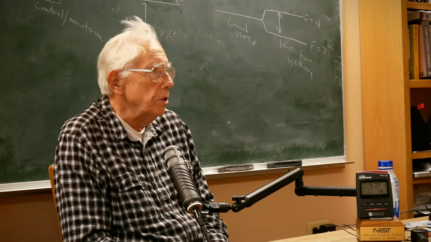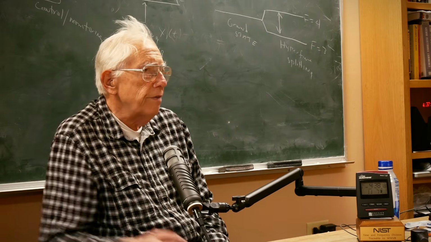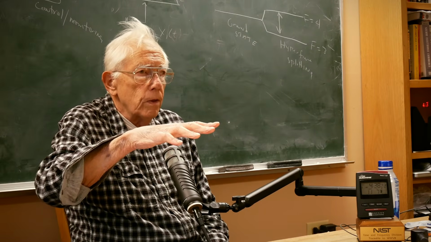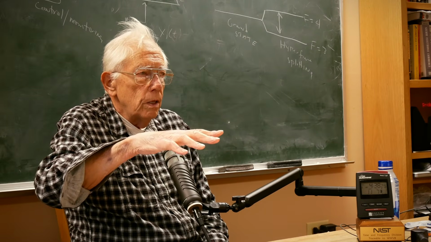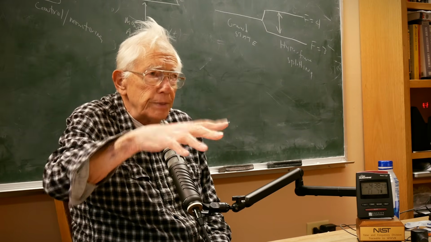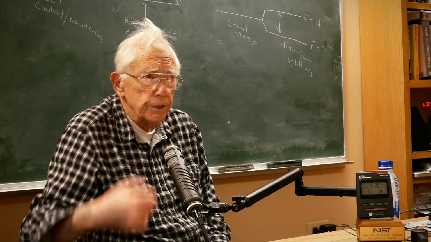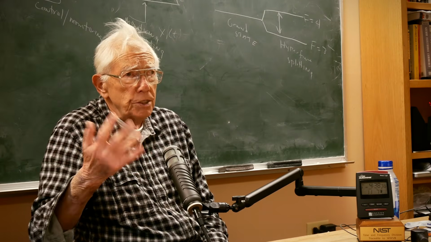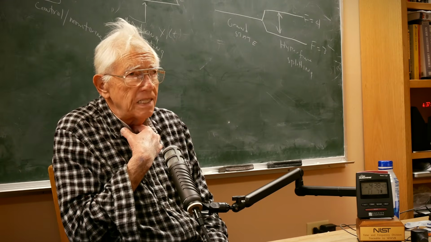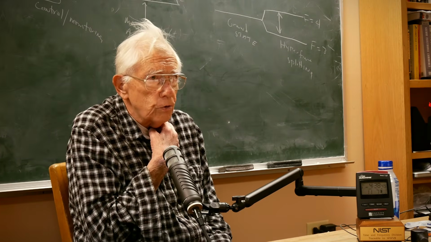There are proposals to use the relativistic variation to measure little g, the acceleration of gravity. When the Earth goes up and down, the gravitational potential changes, and you would see that as a relativistic effect on a change in the frequency. That proposal has been around, and the problem with it is sensitivity. The effect is small, so you need a very stable clock in order to make it work.